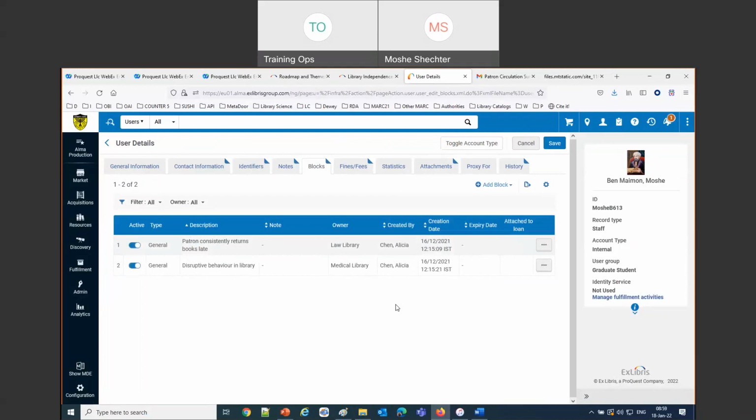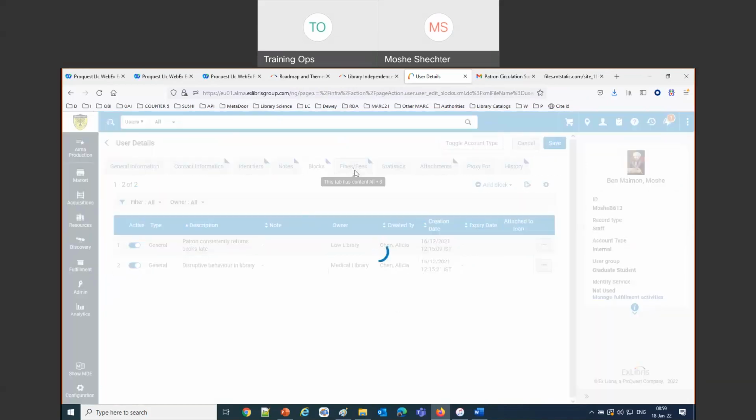The scope is functional. It not only restricts the view of the block. So just like to emphasize that. And it's, of course, a major difference from what was possible before now. You mentioned the fines. I'd just like to emphasize that again. So users from libraries don't see fines owned by other libraries.